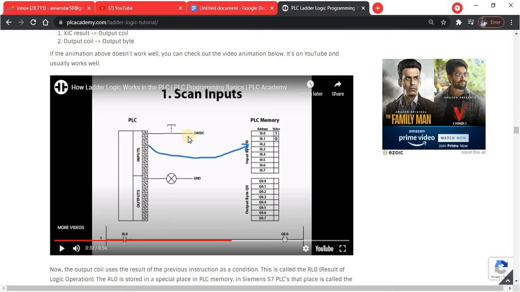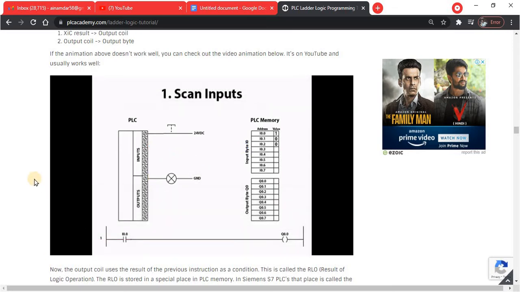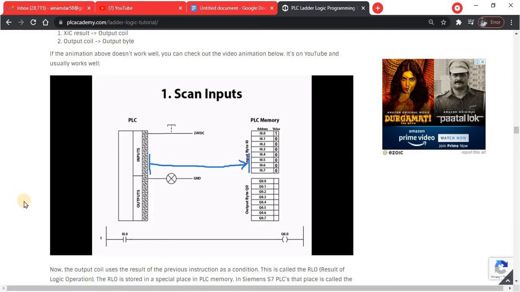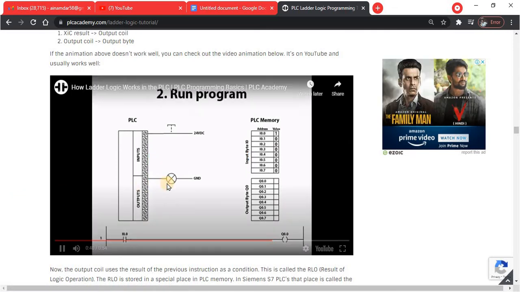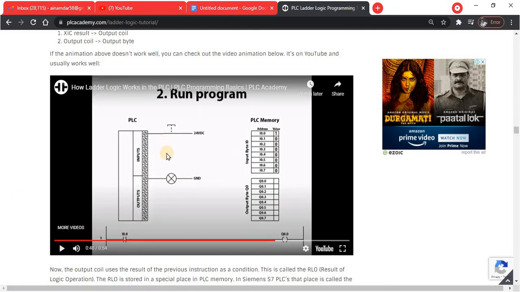Then as this input has a byte of 1, means it is on, so the value of the bit is 1, other values will be 0 because it is only connected to the 1. Then I0.3, I0.7 all will be 0 because they are not connected. Then it will run the program, okay.